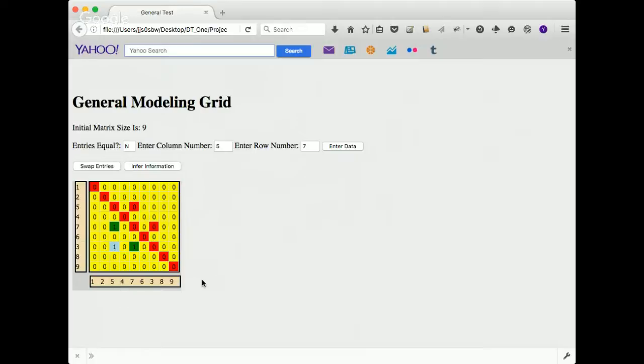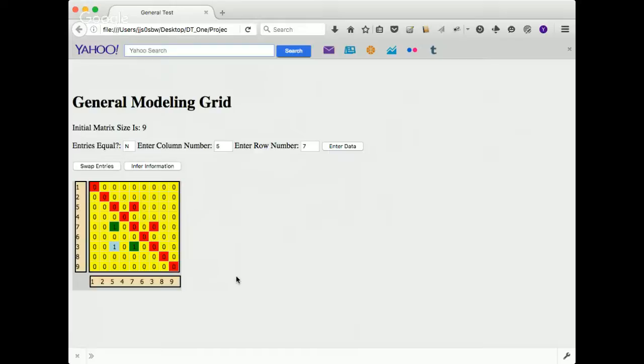Joe, could you remind me what the color coding means? Sure. A red with a 0 means we know that this is false. A yellow with a 0 means unknown; we really don't have any empirical information at all.